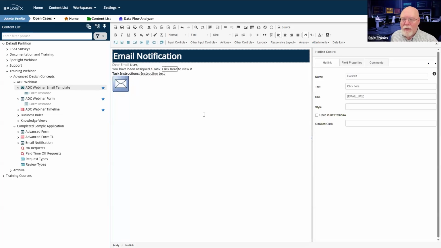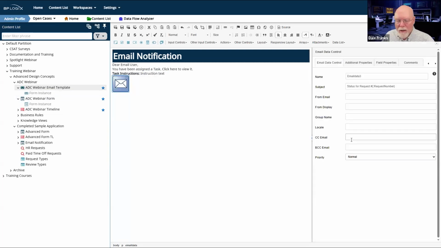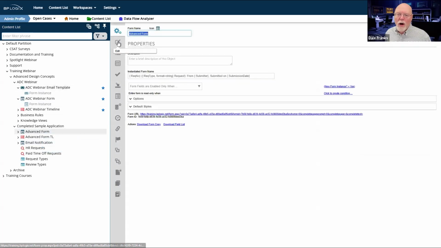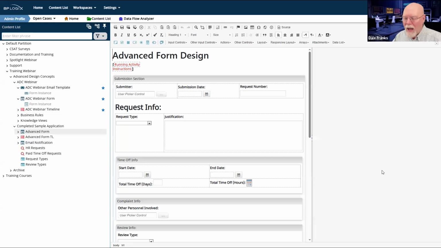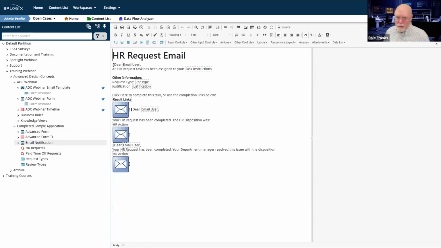I'm going to give you a link to the form, which is where you're going to go to view and complete your task. I'm going to give you the task instructions, and I'm just going to throw on an email template in each section. And of course, this was created via a template. I have a blank template stub, so it just has all the very basic stuff. That's why there's no additional configuration here. Your email templates should largely look like this at the end of the day, so that I have all of the appropriate messaging for all of the different types of stuff that I'm going to do.